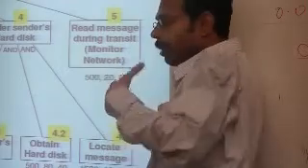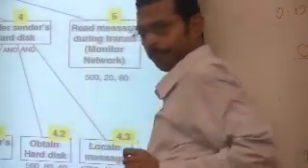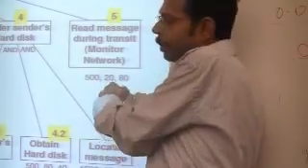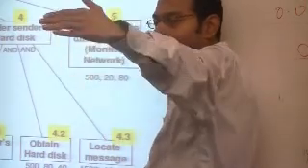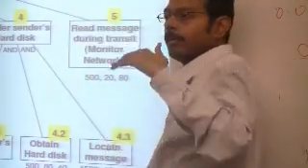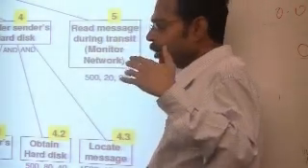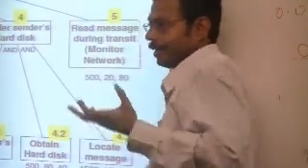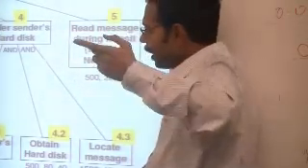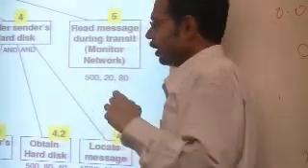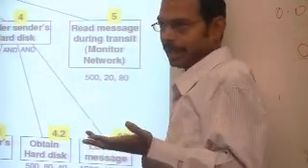Cost really means how much it would cost for the attacker to go through that path. Probability really means probability of apprehension. If someone goes through this attack path, what's the probability they will be caught? So probability of apprehension means how much they are scared that they will be caught. So that's inversely related. If the probability of apprehension is very low, it is very difficult to catch the attacker, right?